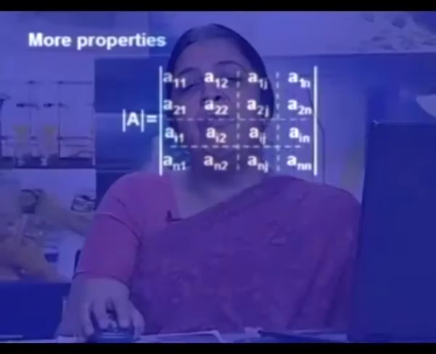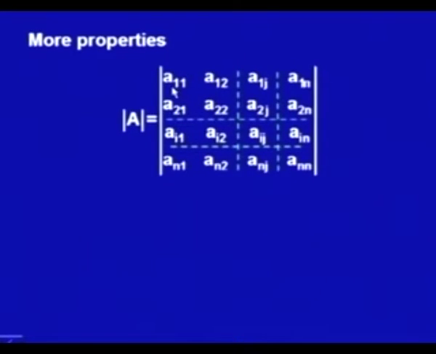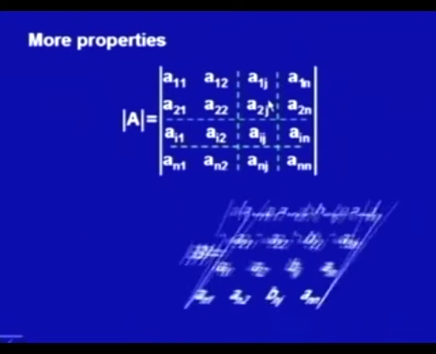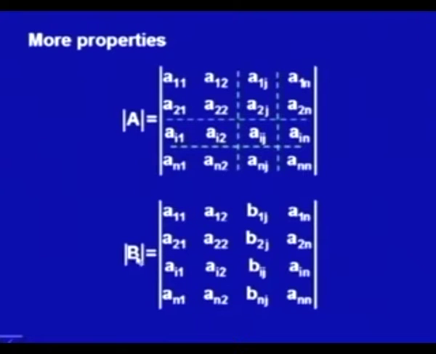Now, for this let us consider an n by n square matrix consisting of A11, A12, A1j, A1n elements in the first row, A21, A22, A2j, A2n in the second row. This is the ith row of the matrix, while this is the last row. This indicates that there may be a number of rows in between, and this also indicates there may be a number of columns in between, here or here. Now, the determinant B is the determinant of this matrix.